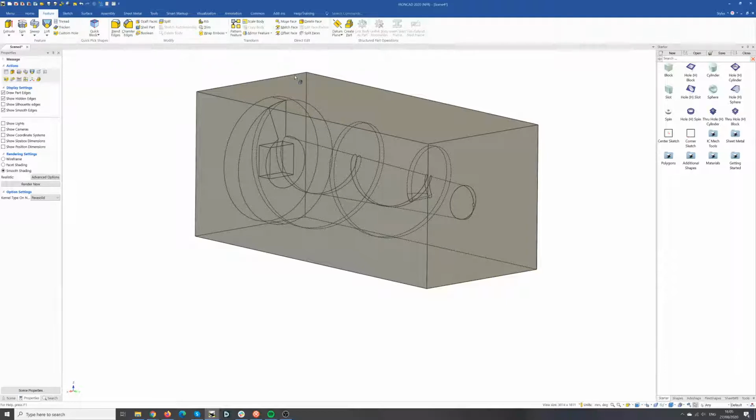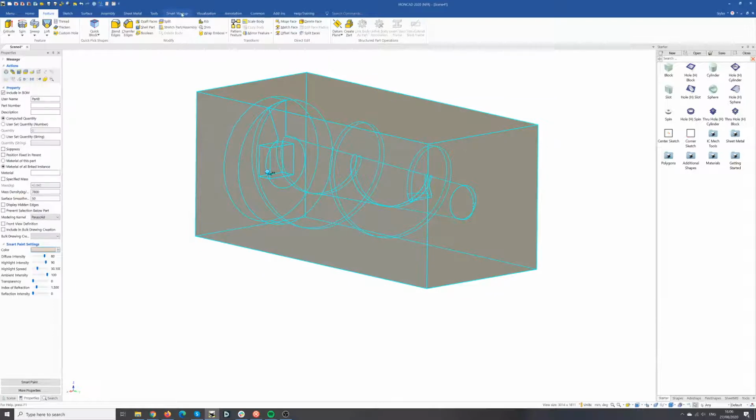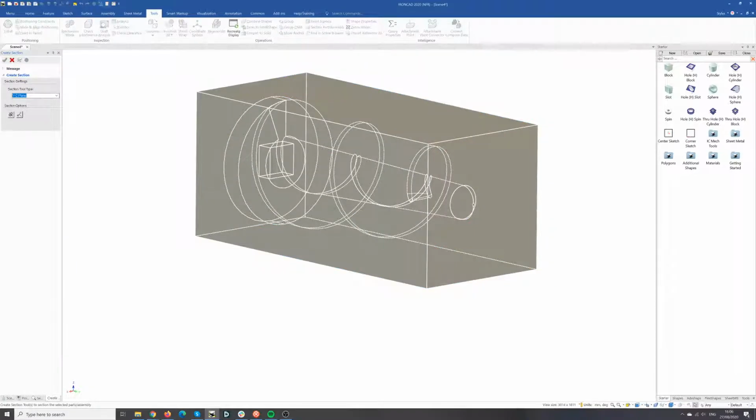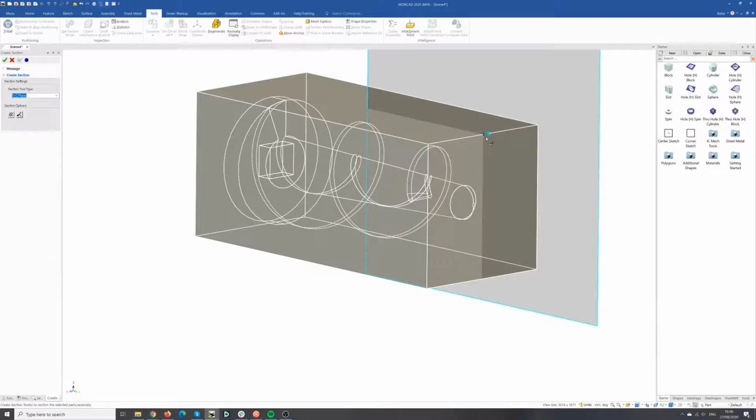I can quickly show you how to do that. That might not be a bad thing for you. Let me just select the part, click on tools, sorry, finger trouble there, and I want to do section part. Click on that one. I want to do the XY plane, so I want to ZY, pick the part I want to cut it at. So that one, you can see there's the plane, say OK,